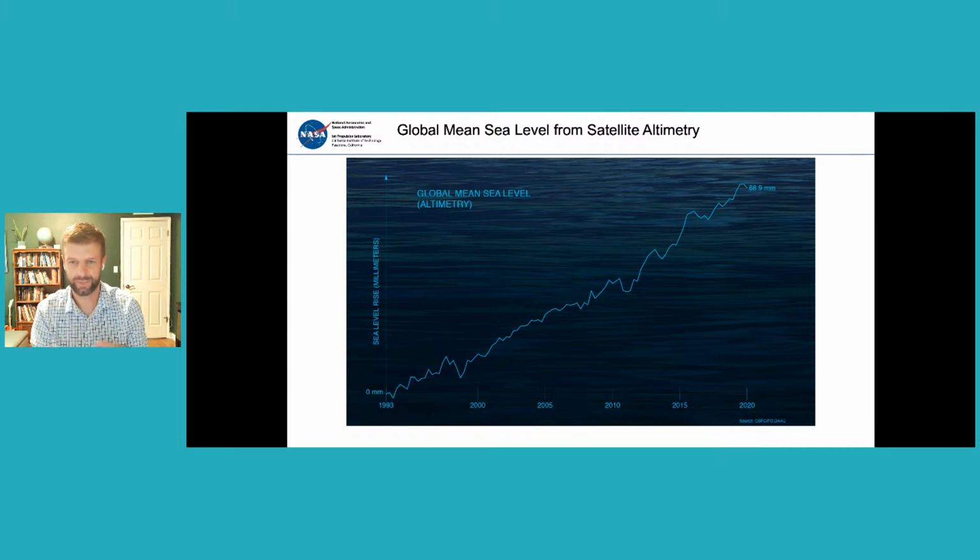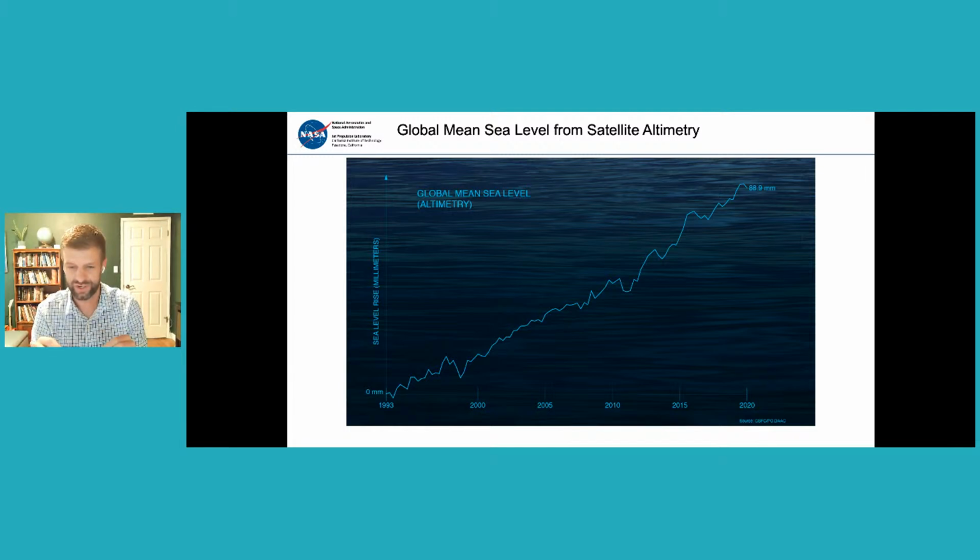So we can make this measurement, and we end up finding from 1992 to present, the rate of global mean sea level rise is about 3 millimeters per year. And admittedly, that doesn't sound like a lot, right? 3 millimeters is a very small amount over the course of a year. But you have to consider that this has been happening over the course of now 30 years. And this is going to continue to increase in rate in the future. So we expect to see an acceleration.